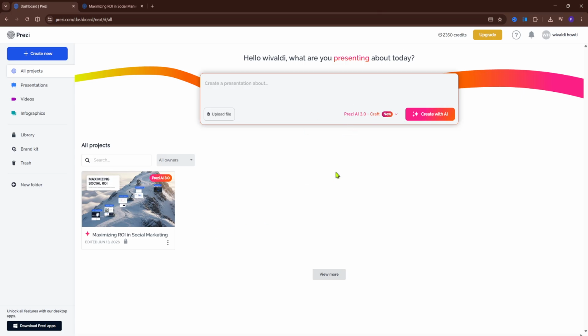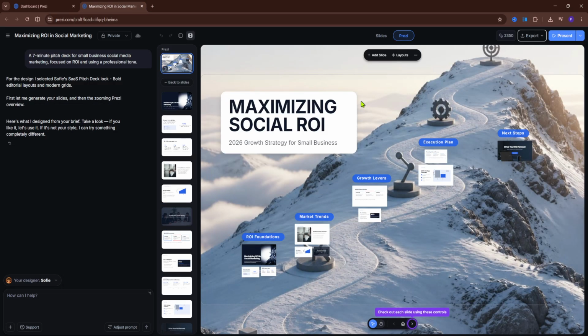Now, first what we are going to do is log into our Prezi AI account, and then if you have already some project here and that you want to download it, what you're going to do is just go here to this project. Then you will see these three vertical dots. Click on that and then click on share. You can also click on edit because we will be basically redirected here to this new window where we can edit and export this